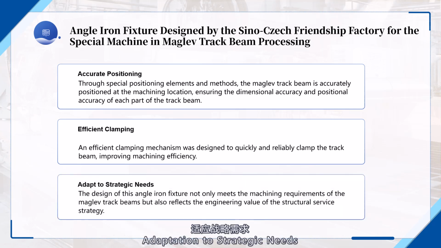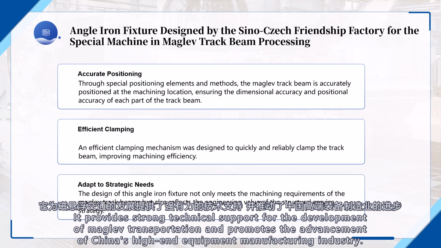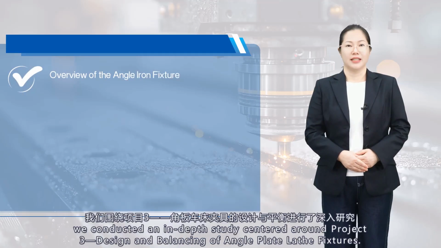Adaptation to strategic needs. The design of this angle plate fixture not only meets the machining requirements of the maglev track beam, but also reflects the engineering value of a structure serving strategy. It provides strong technical support for the development of maglev transportation and promotes the advancement of China's high-end equipment manufacturing industry. In this lesson, we conducted an in-depth study centered around Project 3, design and balancing of angle plate lathe